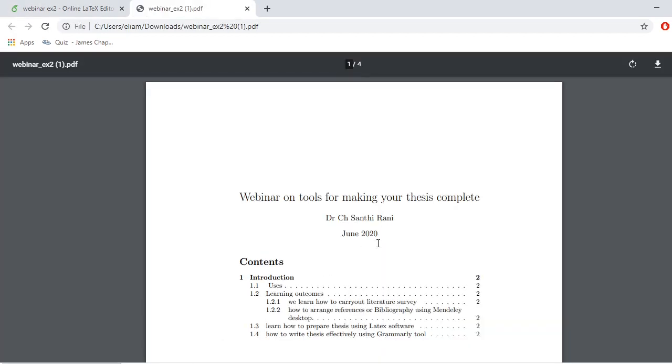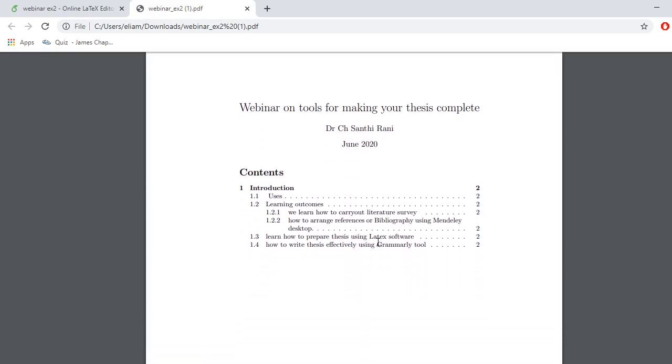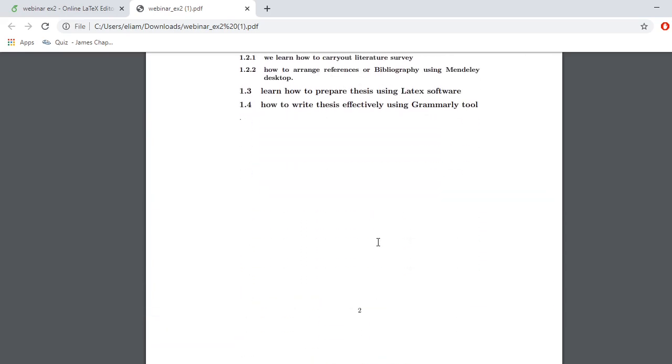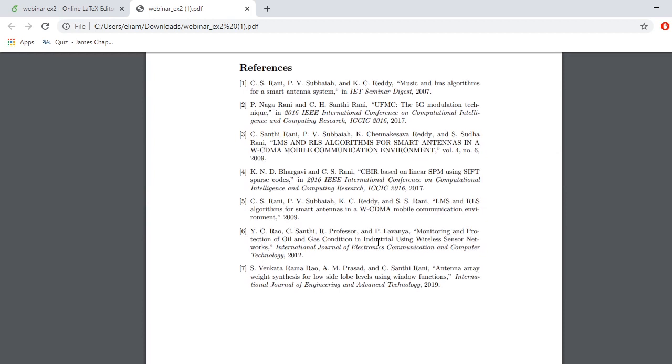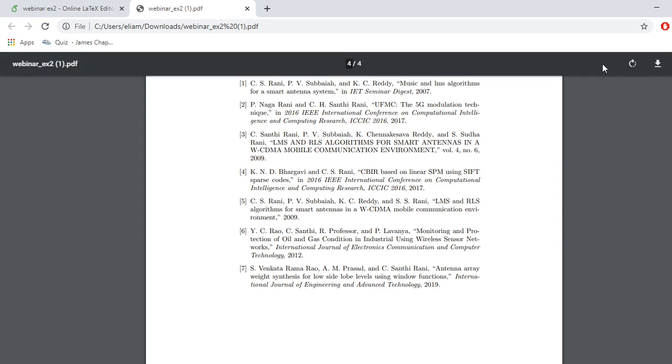Right, so I have prepared a 4 page PDF document, and this is what I have prepared. Now you just go through once, and if it is according to your requirement, okay, or if you want to do any modifications, again you go back to your respective file and do modifications. Otherwise you can download this file and save, or you can take a printout like that.